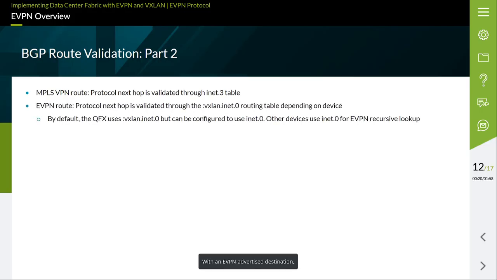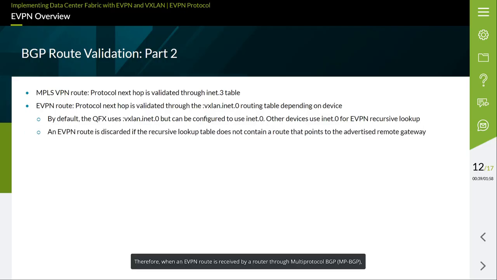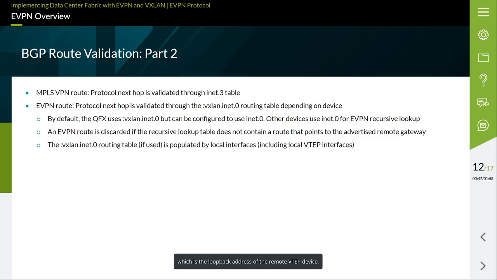With an EVPN advertised destination, the EVPN destination must be reachable through a VXLAN tunnel before it can be placed in the local BGP.EVPN.0 routing table. The VXLAN tunnel routes are installed in the :VXLAN.inet.0 routing table. Therefore, when an EVPN route is received by a router through multi-protocol BGP or MP-BGP, the route to the protocol next hop of that prefix, which is the loopback address of the remote VTEP device, must exist in the